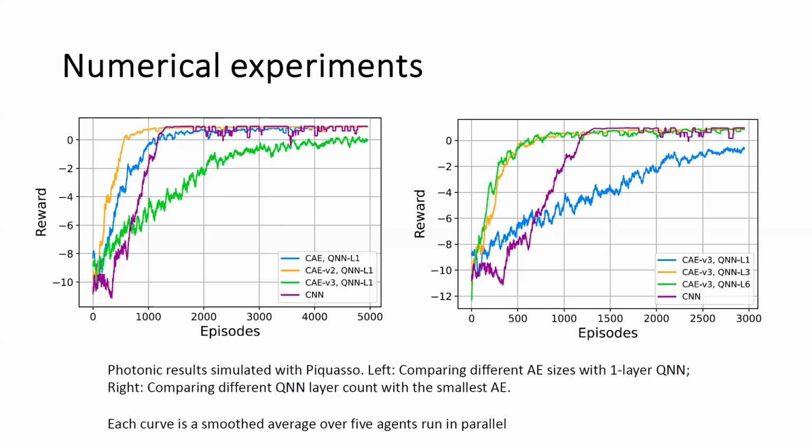No, but my question was whether the CNN replaces only the quantum, so you still run the autoencoder and then you run the CNN on the latent space as you do in the quantum, or you just use the CNN and skip the autoencoder. So the CNN receives the high-dimensional picture. Okay, right.